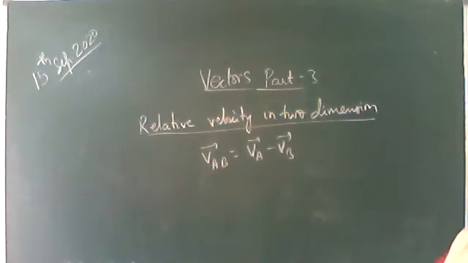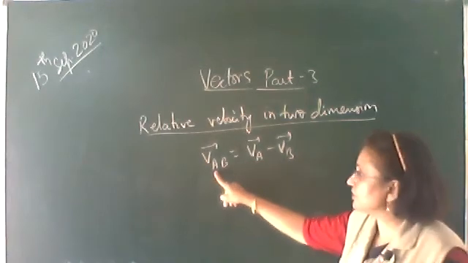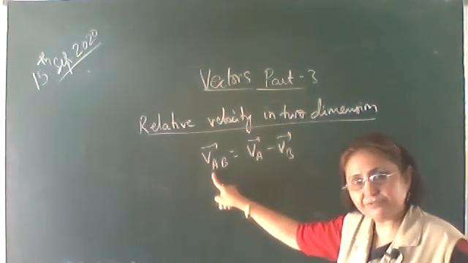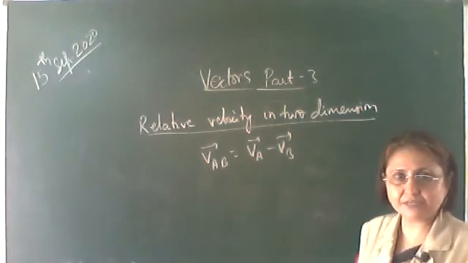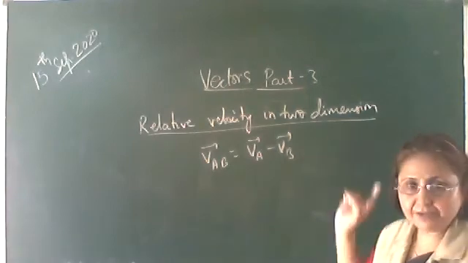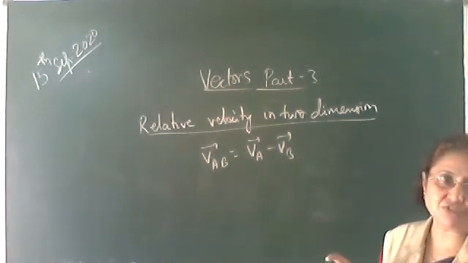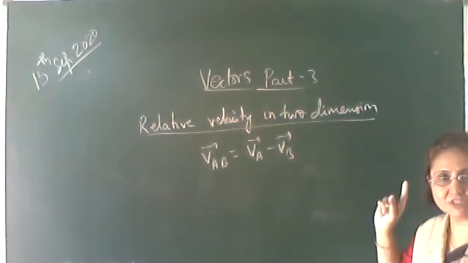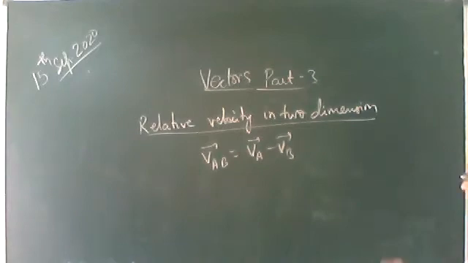Okay, now let these two objects are moving in different directions. So whenever the two objects have different velocities, we find the velocity of one object with respect to other, which is called as the relative velocity of the first object with respect to second. Okay, in the previous chapter, we have discussed both the bodies were moving in the same direction, in the same straight line, that is one dimension. Now they are moving in different directions.